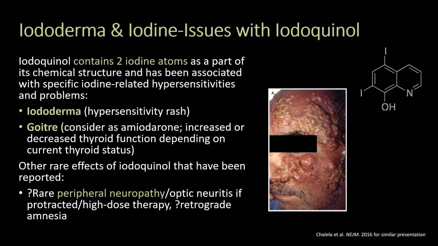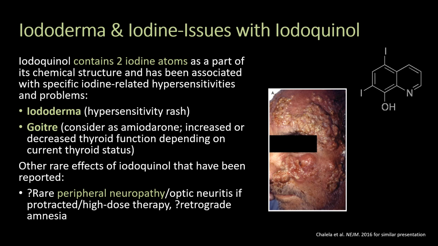Iodoquinol in particular has two iodine atoms attached to its core ring structure and may cause some iodine-related hypersensitivity similar to those seen with amiodarone. Iododerma is extremely rare and severe, related to a type 4 hypersensitivity reaction to the molecule, but we should be aware of this in the history. Thyroid issues have been reported similarly to amiodarone, probably depending on the baseline status of thyroid function, aka subclinical hypothyroid versus euthyroid to begin with, and rarely peripheral neuropathies and an optic neuritis have been reported with iodoquinol, although the